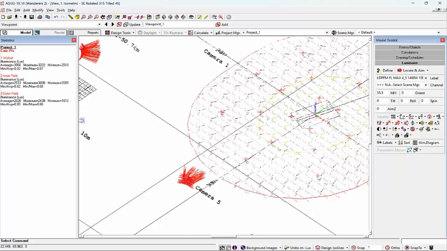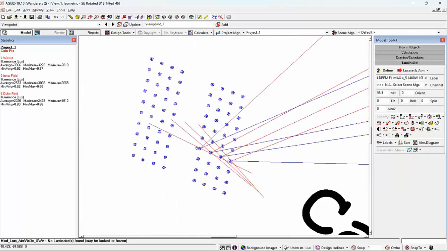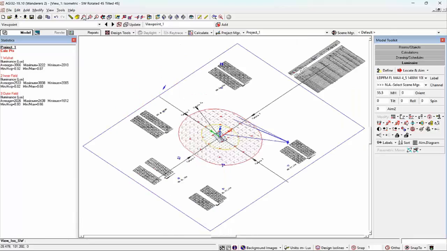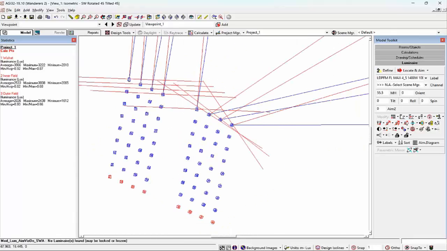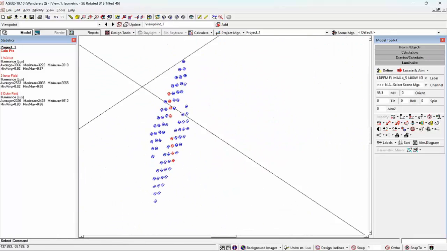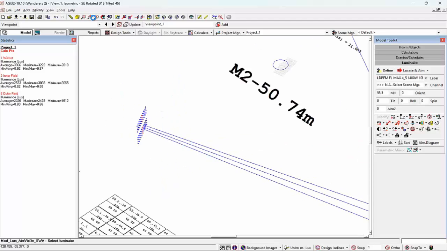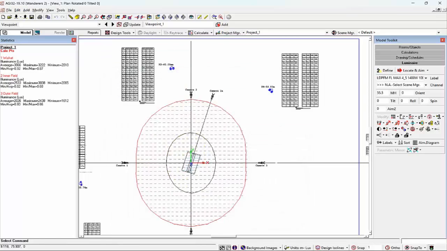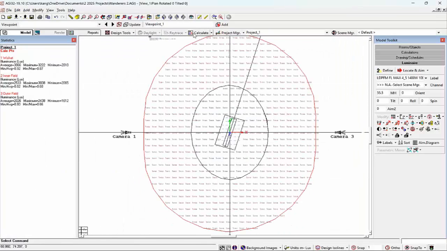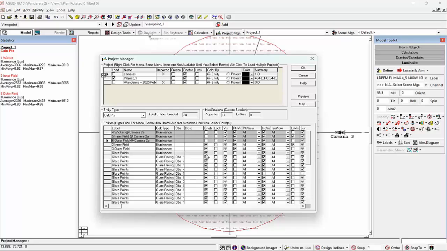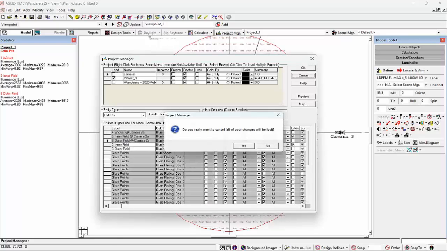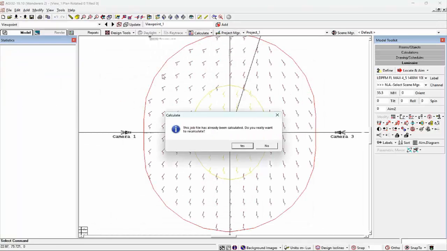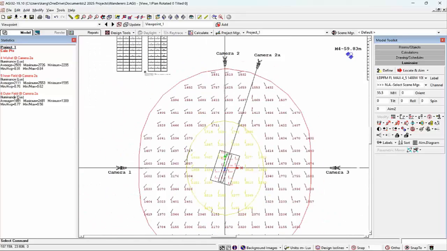We will start with the fundamentals of sports lighting standards, then dive into AGI32 to create, simulate, and analyze a cricket field lighting project from start to finish. You will discover how to model the field, select the right luminaires, position poles, run lighting calculations, and generate professional reports for clients. Along the way, we will also cover advanced topics such as broadcast requirements, energy efficiency, and obtrusive